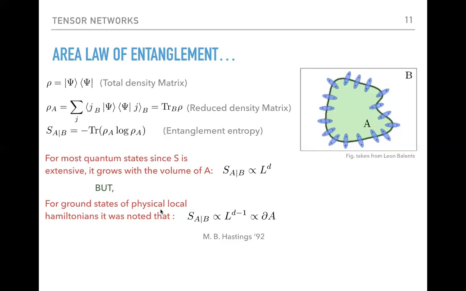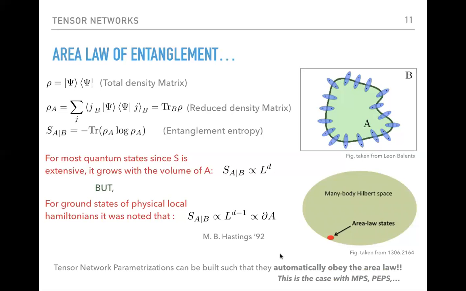And the interesting thing is that the states that satisfy this area law are a very tiny corner of the whole Hilbert space that you could actually define. And the interesting states, the ones that you would mostly like to get to know more closely, are the ones that satisfy this area law. And this is true, for example, for ground states, like I said, of physical local Hamiltonians. And it's a very tiny corner.